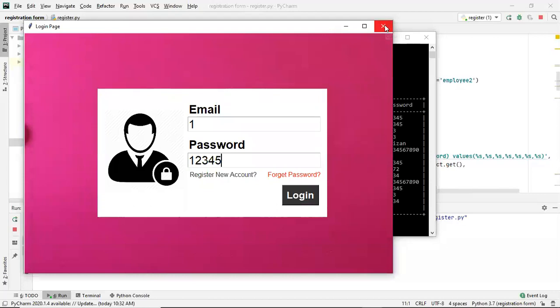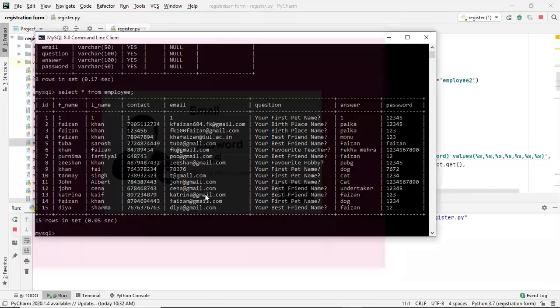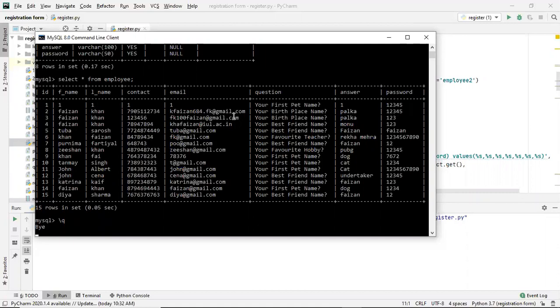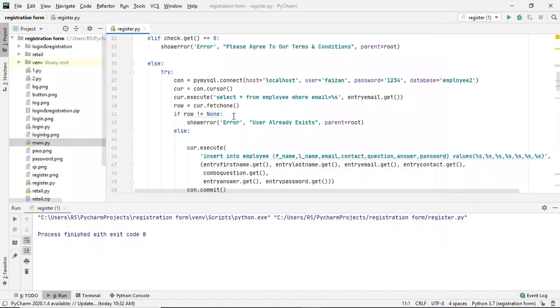Now I am creating a new project, so I'll be creating a new database. Just to show you how we can create a database here, let's start. If you want to exit this window, you can write backslash and then q, which represents quit.